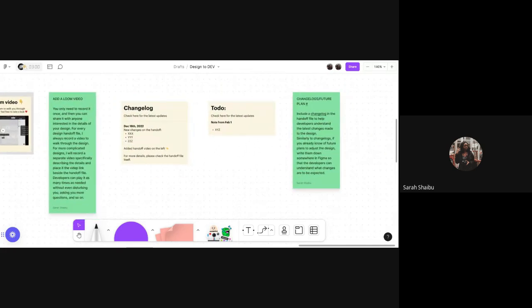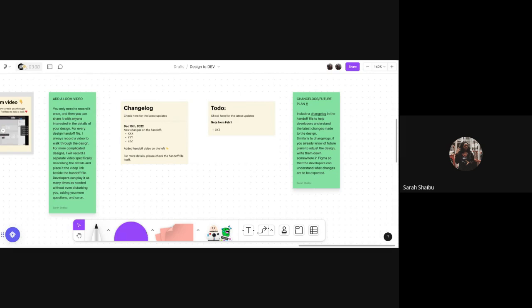Another best practice that I think is very, very useful is change logs. Even if you are keeping your final designs in a page called ready for development, that typically comes at the last point of handing off your work to developers. But sometimes I've been in situations where I would design something and then there's a small change, not really a big change, and the product manager and developers just want us to keep these versions so that they can implement one and then in the next sprint implement the next one, right?